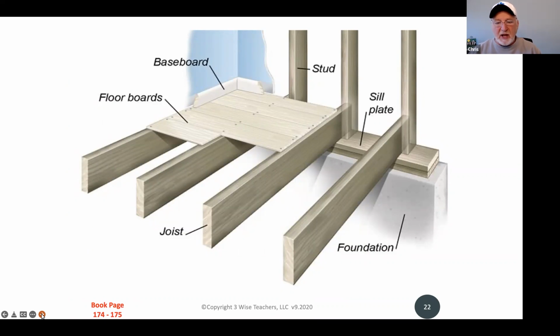Here's another look at that, and to see how all this goes together. What you see there is the joist again, just from a different angle. They're horizontal. And perpendicular to the joist, you see what's known as a stud. A lot of you have heard the word stud before. That's how we're going to build the walls of the house. And if you ever see the word stud show up on an exam, they often refer to that as being the vertical framing members of the house. So you have your joists running horizontally, and your studs are going to run vertical to that to start the upward movement of the house.